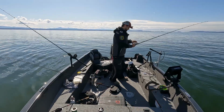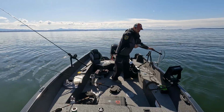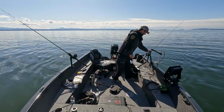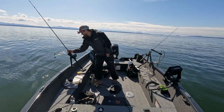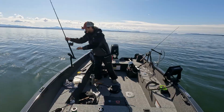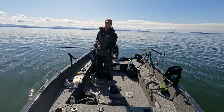And we're going to make sure our drag is set. And this reel actually has a clicker on it. I'm going to set that right in there like that. And we also have lead core hanging out this side, which we're going to zero out